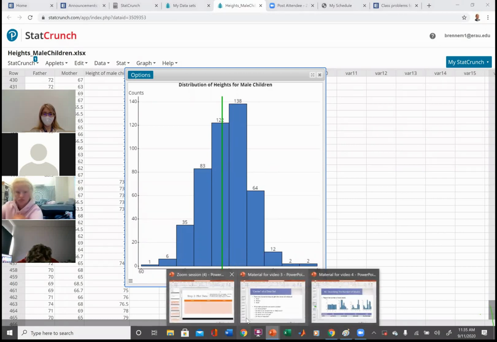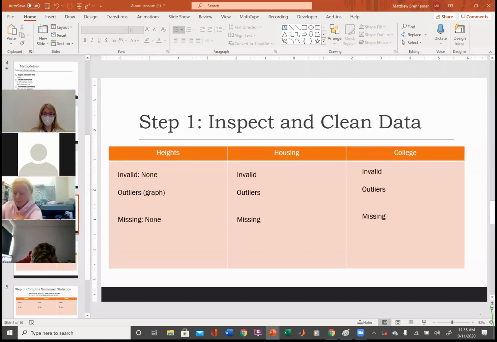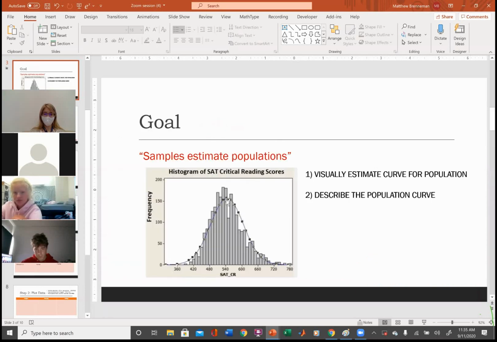So the person who plotted this data in the beginning, and it wasn't me, by the way, they kind of did a bad job, right? They should have got rid of some of this choppiness by making the bins a little wider, and it would have smoothed things out, all right?